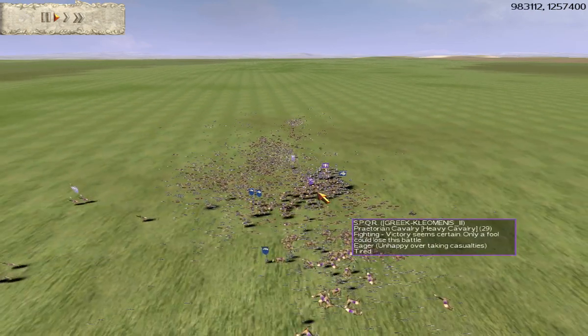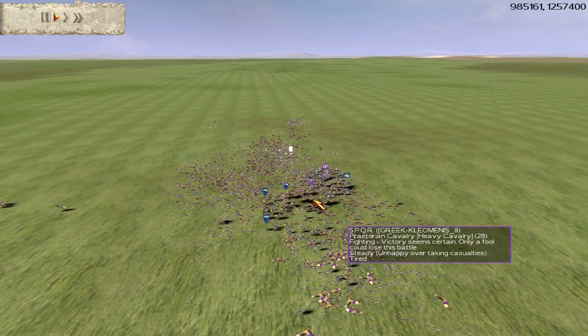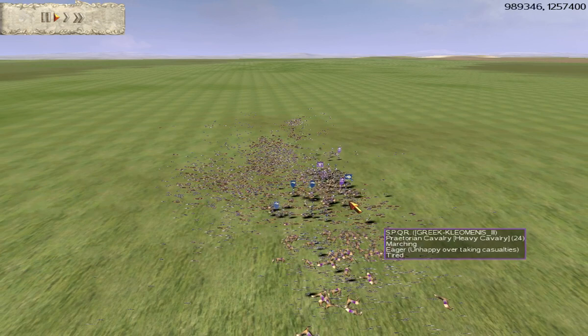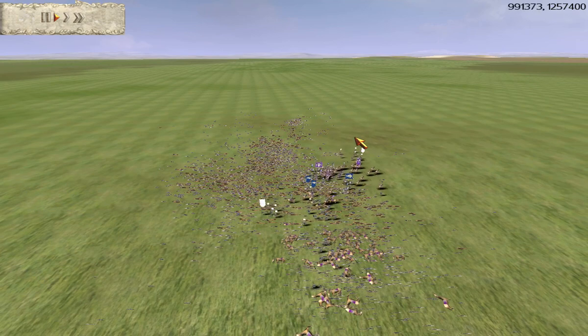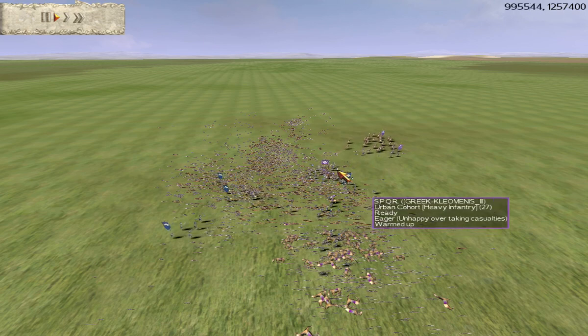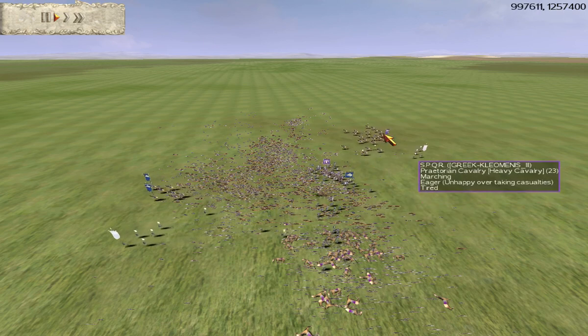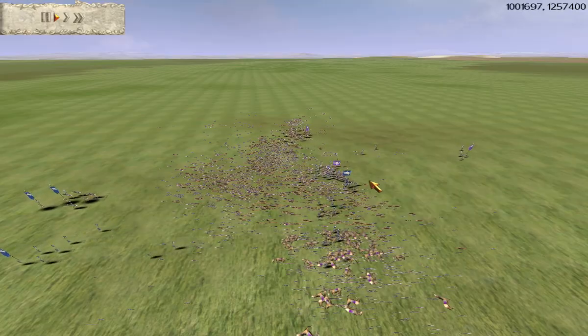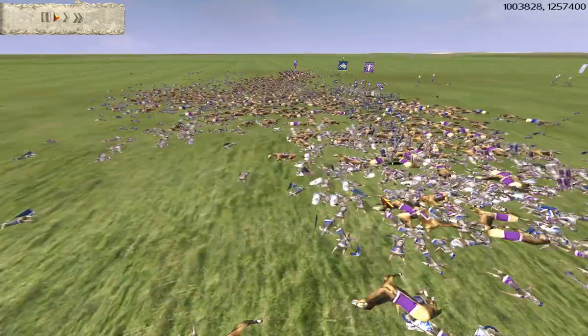Again, Cleo charging in with his bigger cav unit. 26 guys, 20 something is pretty healthy for this late in the game. So this cav unit should be able to do a lot of work, and Cleo just needs to kind of utilize this, and he's in pretty good shape. I guess he is worried about this general's unit, but